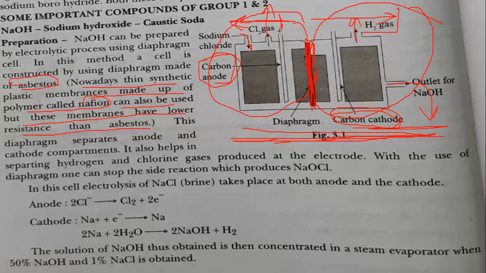The diaphragm helps in separating the hydrogen and chlorine gases produced at the electrodes. These two gases are easily separated and evolved separately, not reacting or interfering with each other. Also, due to the use of the diaphragm, we can stop the formation of sodium hypochlorite,